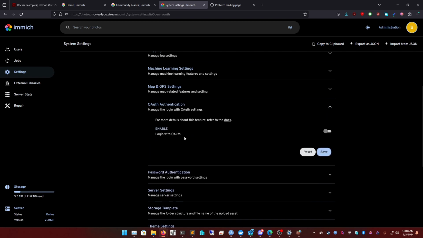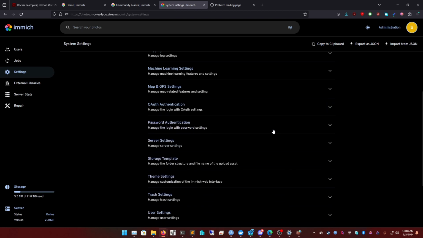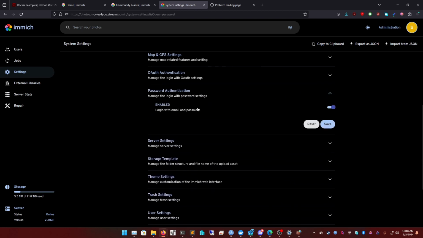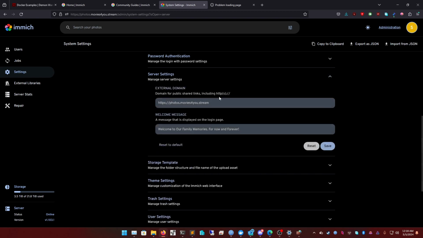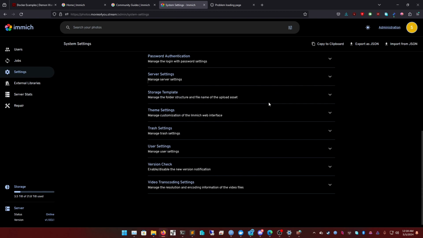This is the OAuth. This is if you want to add like a Google Auth or some kind of SSO. I don't have that enabled. Password authentication. Obviously, you want to log in with email and password because you don't want to leave it open to the public unless you're trying to make it a demo site. Then you have your external domain. So if you've already done a reverse proxy for this, it's pretty simple. You just use Caddy or Nginx and you just put your domain in here. And you can put a welcome message so when they log in, they see this. You just put your full domain in here. It should load. Then once you have your reverse proxy set,